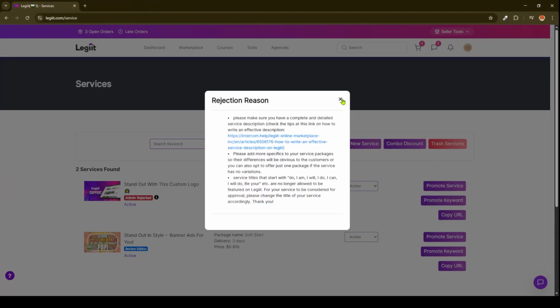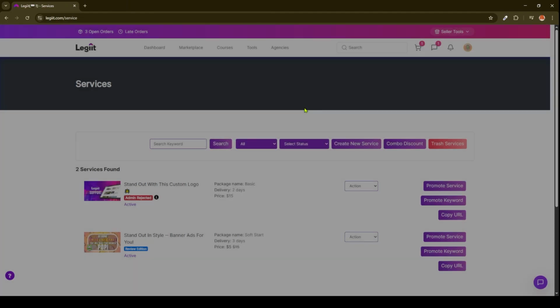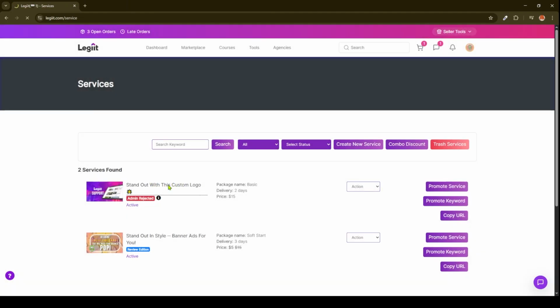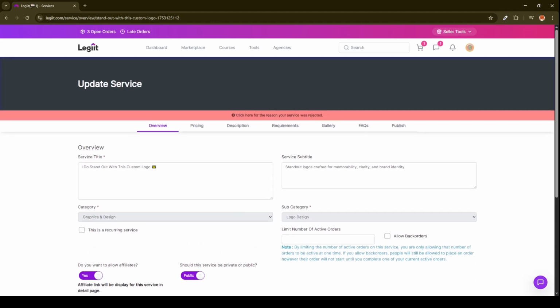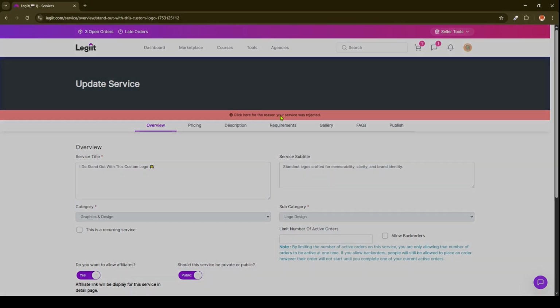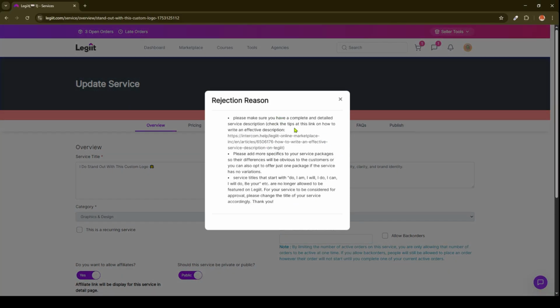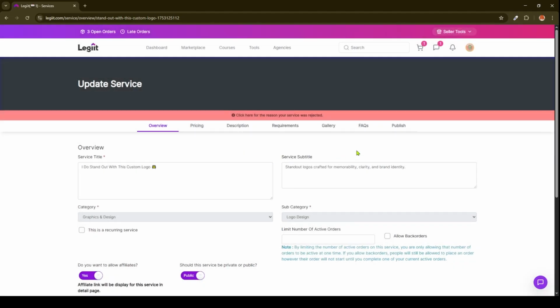So once you've read through that, you can click on the title of your service to open up the editing side. Once there, you can find the rejection reason again by clicking on this red text here, which will open up the rejection reason again. And some of the common reasons that admin can reject your service can be due to